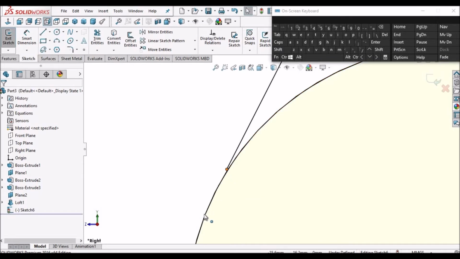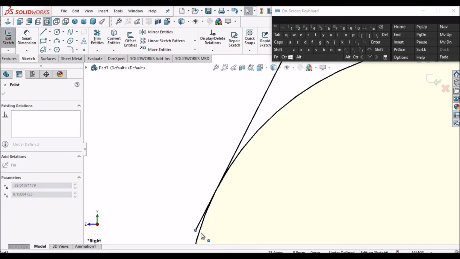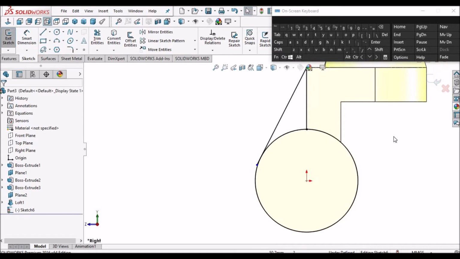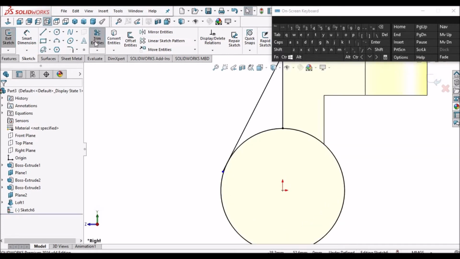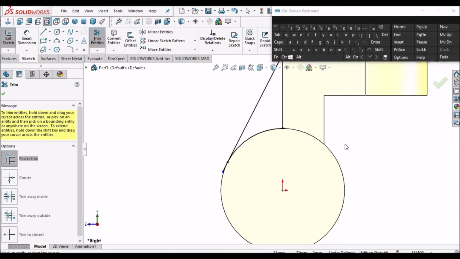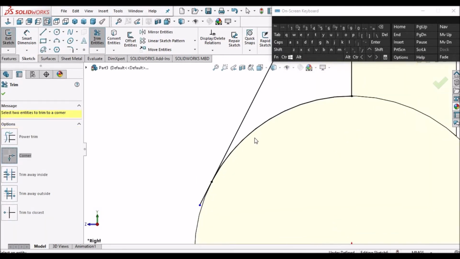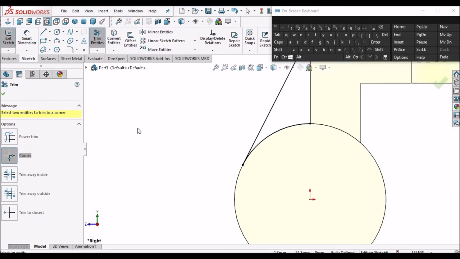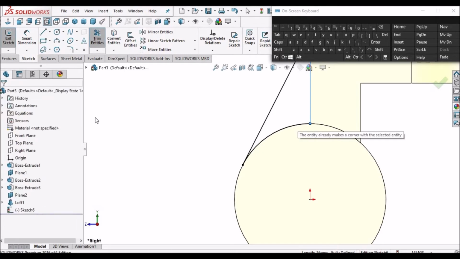I think it is not coincide. Okay, now go to power trim and go to corner trim, select these two, and for confirmation, you can click these two also. This is closed.